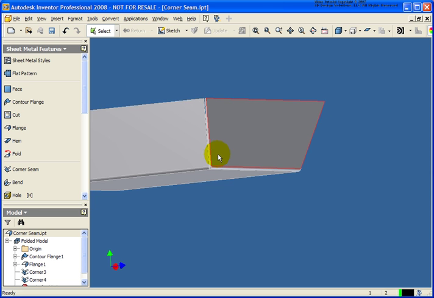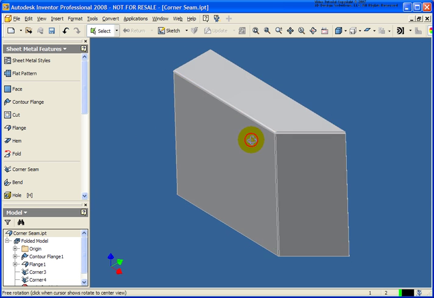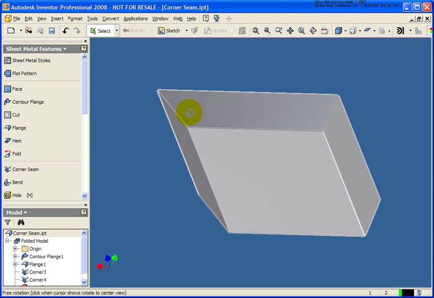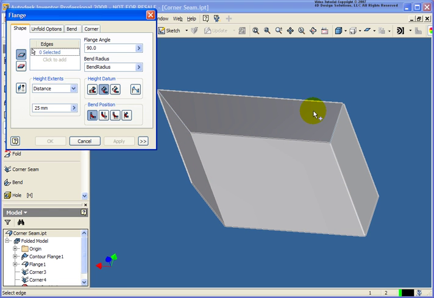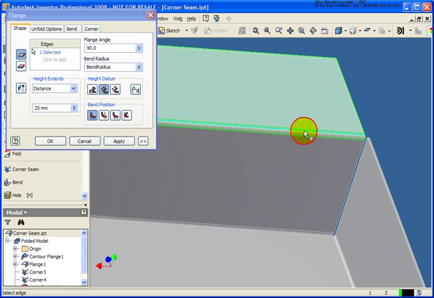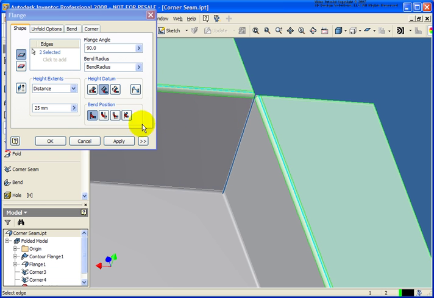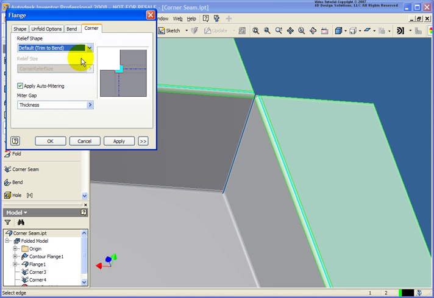For the next portion of the exercise, I'm just going to rotate the model around. And what I like to do is I'm going to place in two flanges. So I'm going to start up the flange tool. And I'm going to select the outside edges because I want it to go to the opposite side. And under the corner option, see that we do have an auto mitering on, and usually that's going to work